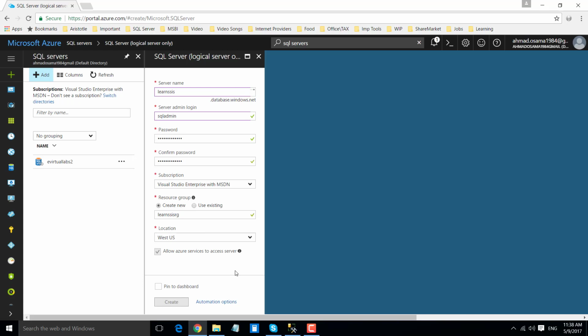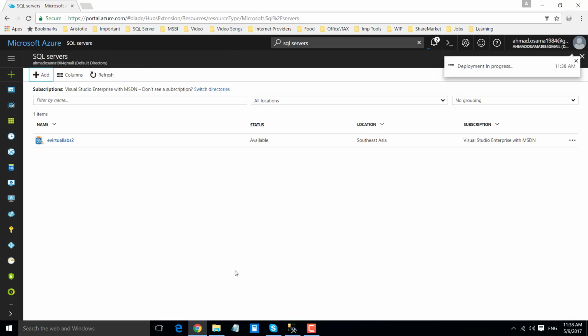Click create. This should create a new logical SQL server on the Azure platform, and then we will configure the SQL server, the logical server, so that we can access the server using SQL Server Management Studio.